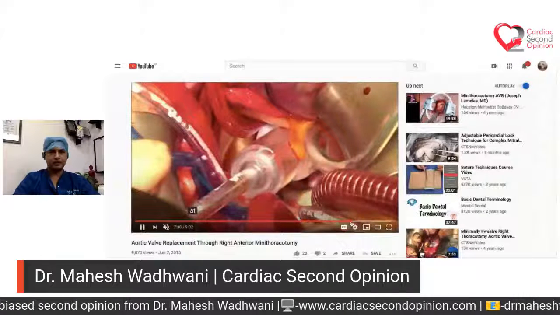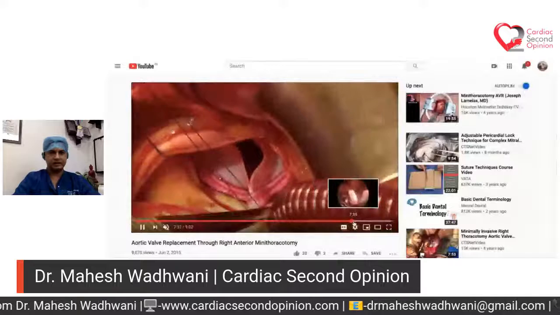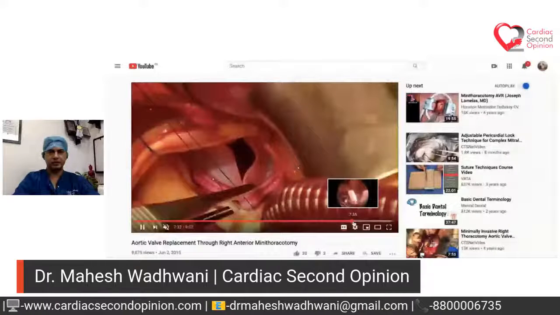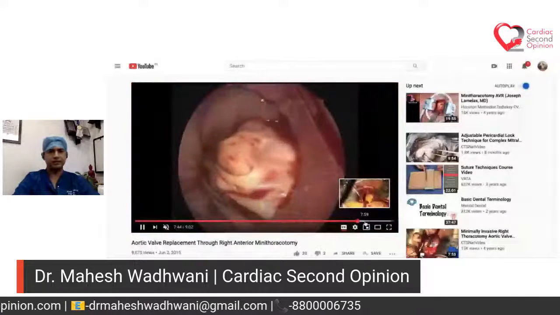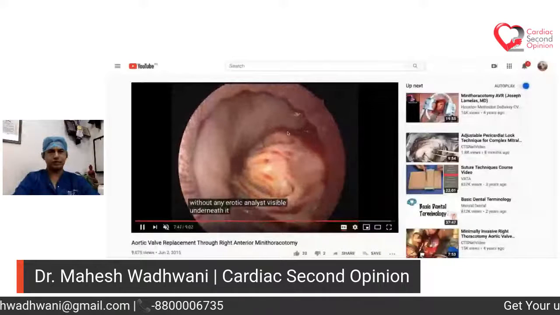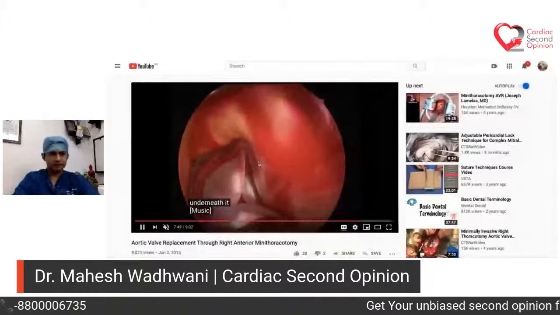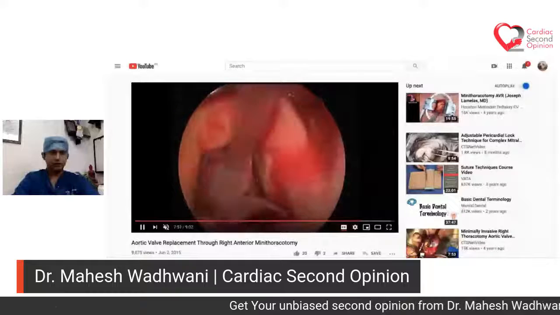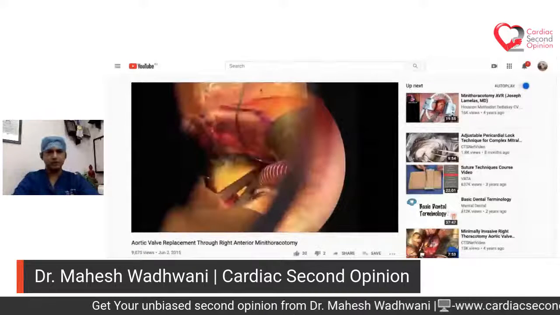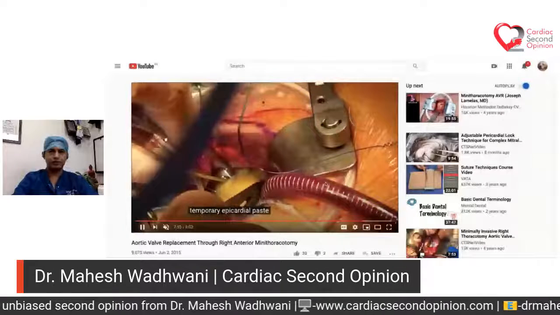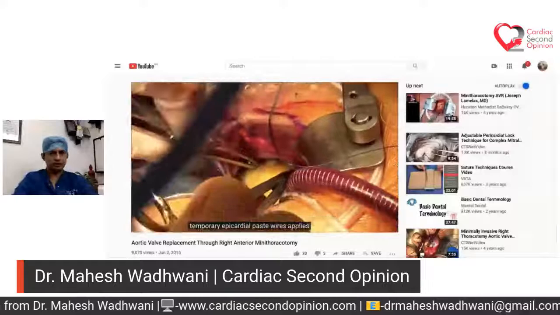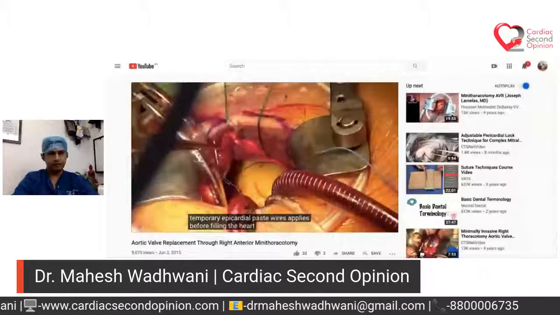And at the end of the procedure, you can see the valve is sitting inside. We close the aorta and the procedure is done. So this is the valve being shown by the camera there. There are no graphics in this because the graphics really are very high-end animation. Usually it's not shown. Now I will show you the video of